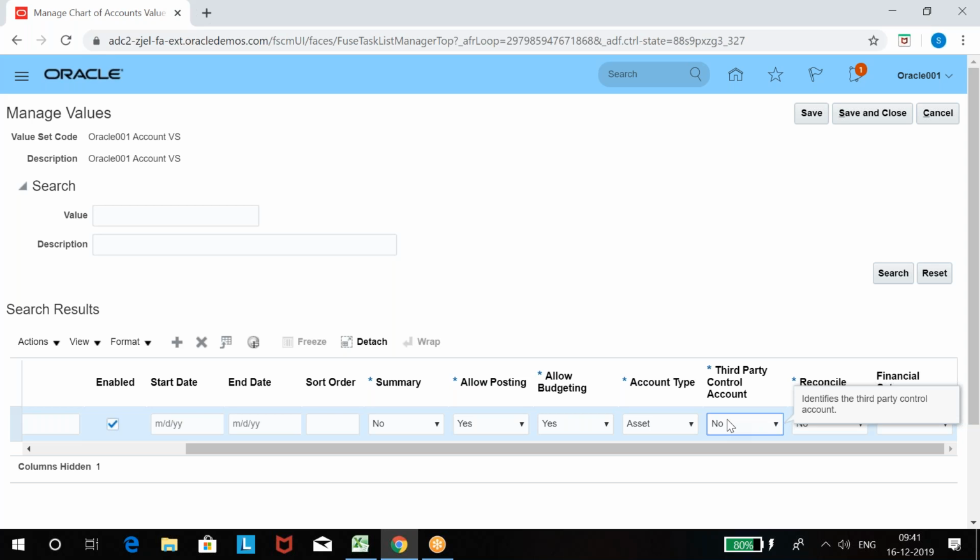Say there is no vendor control account. Let's say you are processing vendor invoices and making payments. In accounts, there is no information on how much we have paid to the vendor and how much we have to pay, because there is no control account for vendor, right? So there must be some control account for vendor and for customer. Whatever accounts you are using for vendor control, you can select as supplier control account. They can be used only for suppliers. They cannot be used for any other reason. This account I can use only for supplier, that means supplier control account, vendor control account. I can't use it for any other purpose. Same way, if you want to use it for customer control account, I can't use it for any other purpose.